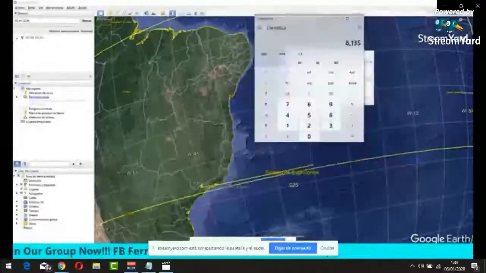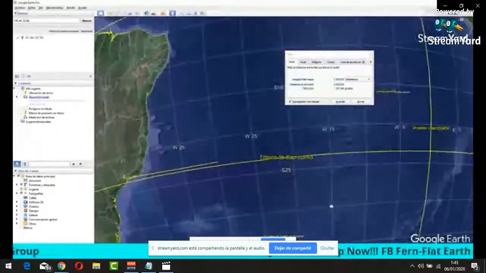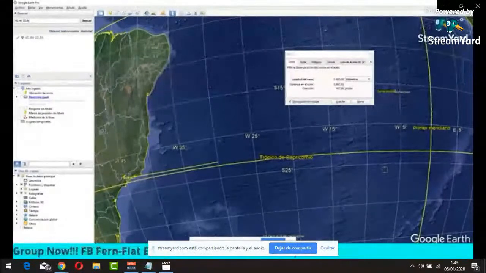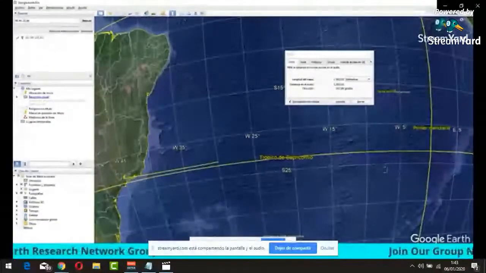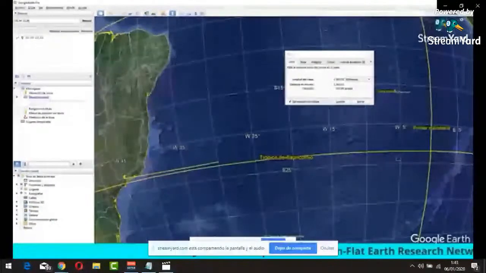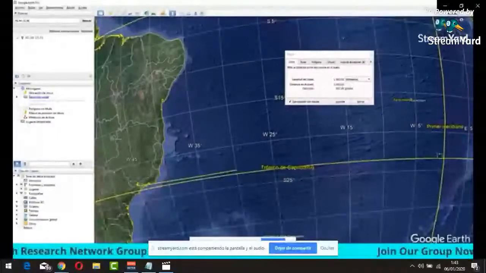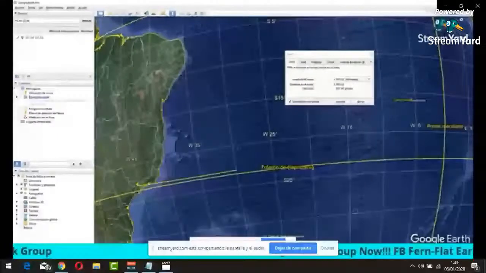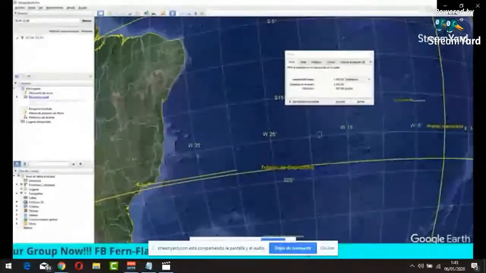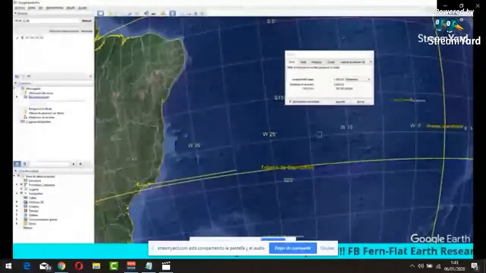It's around 6,000 kilometers, 6,100 kilometers is the measure. 6,000 if you do a straight line, but the geodesic puts it different, so it's not perfect. But 6,100. So if we use 6,100 and do the same kind of measure that we did before,